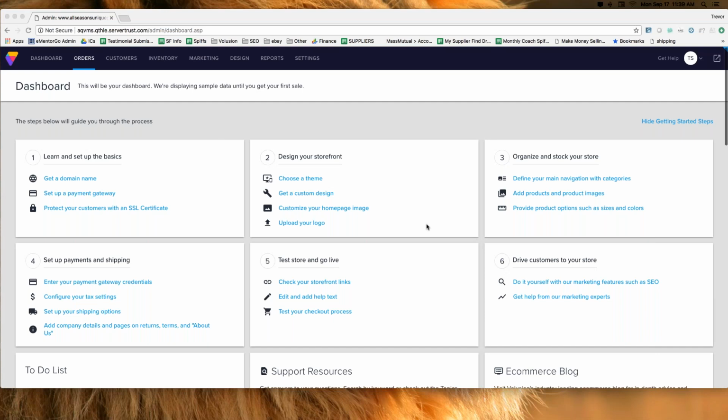Today, I want to take a few minutes and talk about sales tax in your Volusion store. Now, I've done trainings about this in the past, but it's changed a little bit, at least inside the Volusion software here. So I want to kind of explain how that's changed and how you can set it up. Just as a quick prerequisite to this,